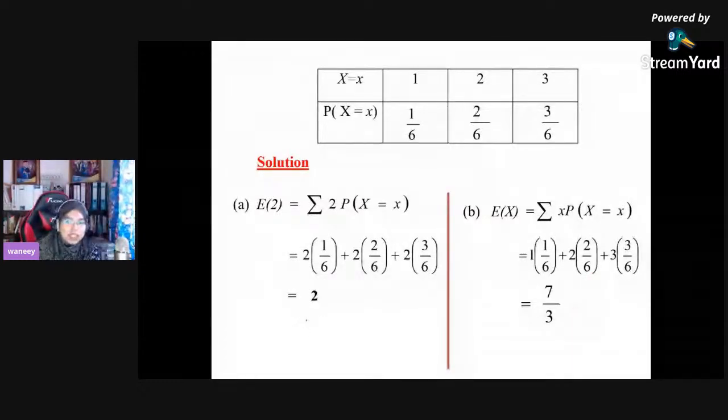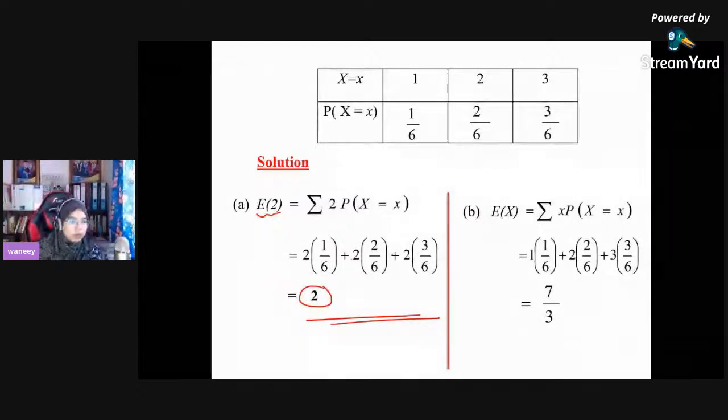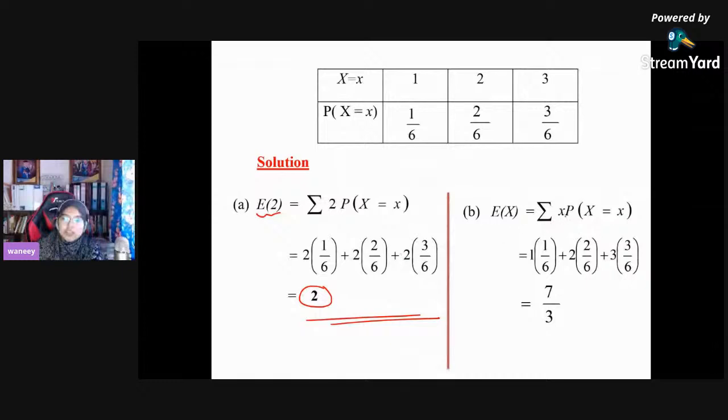Okay, so this one, just in case you are interested in checking that the expectation of a constant is simply equal to that constant, then you can use this formula if you want to. So expectation of x is the sum of x multiplied with p(x). So 1 times 1 over 6, 2 times 2 over 6, 3 times 3 over 6. So the answer for this is 7 over 3. And then C,